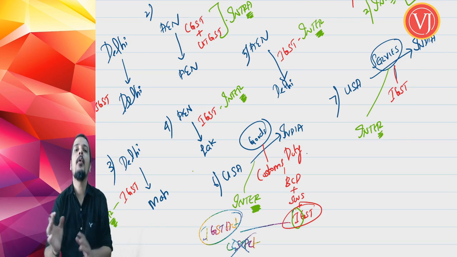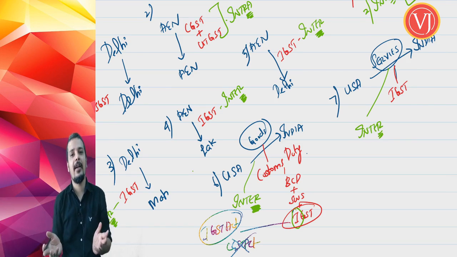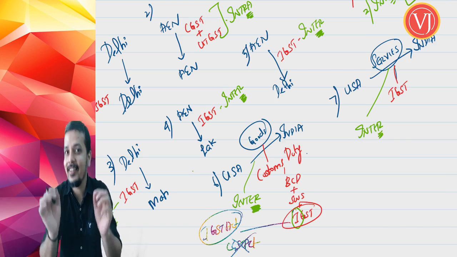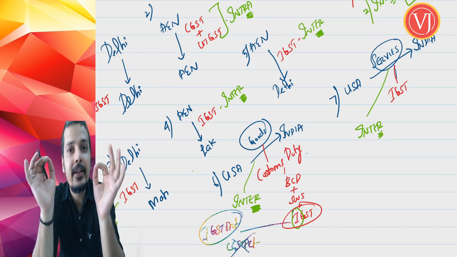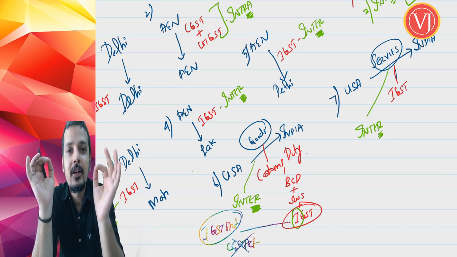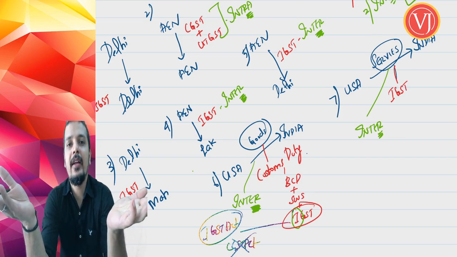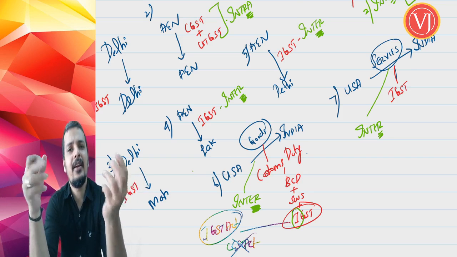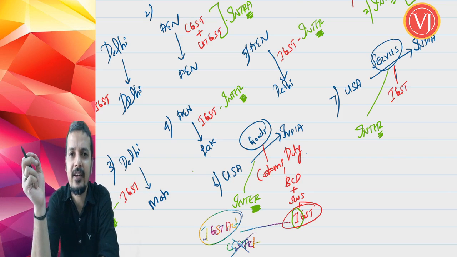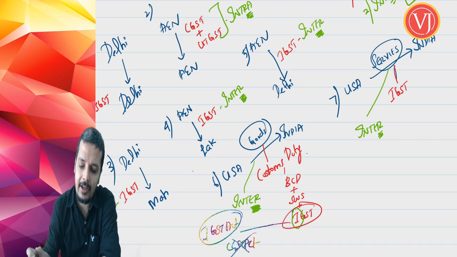Import of services is not covered by the Customs Act. Customs Act 1962, my friends, deals only with goods. If it is import of services, from one country to another country, by default it is interstate supply, and the normal provisions of the IGST Act, section 5 of the IGST Act, will apply. So it will be only IGST.